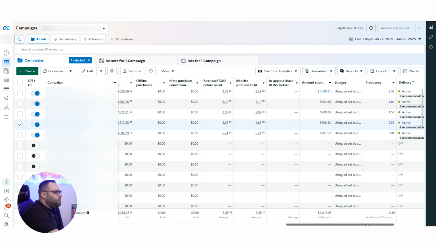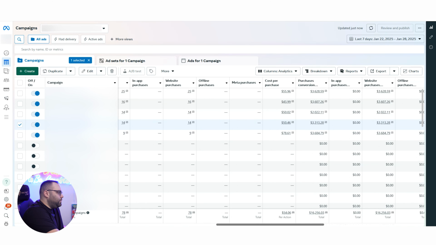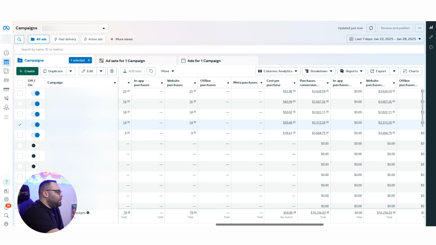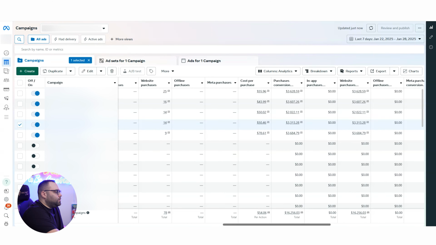Anyway, that's why I don't believe in the learning phase, because it's inconsistent between campaigns and sometimes it's learning limited or not. I just have the feeling that it's trying to make you spend more. It's like it's trying to scam you in a way and push you to spend more. Over here, would I increase by 20%? No, not at all. Because over here I'm having 50 cost per purchase. If I'm spending 100 in a campaign and then go to 120, most likely I'm still going to get 2 sales over here. It's going to be 60 cost per purchase. So it doesn't make any sense.